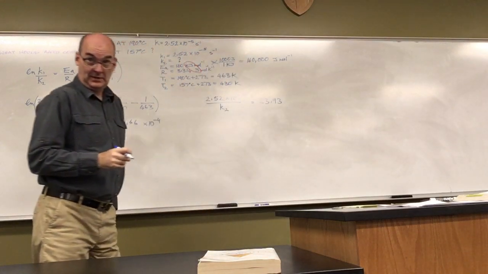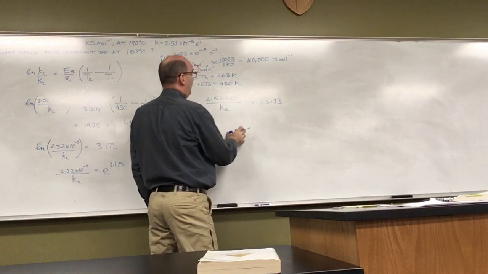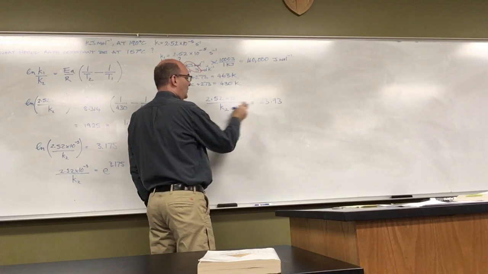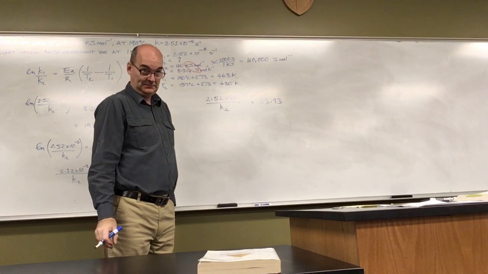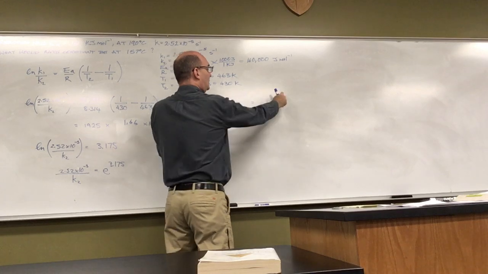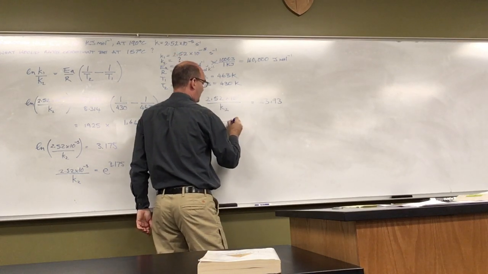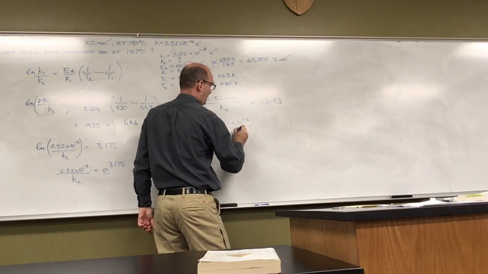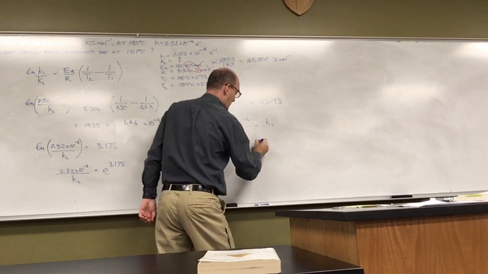Is that different than anybody else? Nope. Okay, so if this number divided by K2 equals this number, what does K2 equal? Just move those two. They will switch position. 2.52 times 10 to the negative 5 divided by 23.93 equals K2, which equals